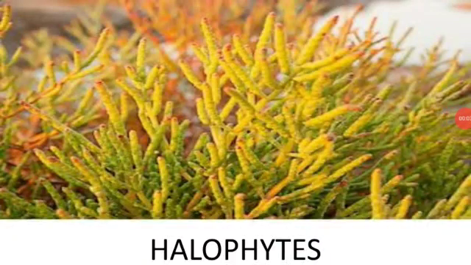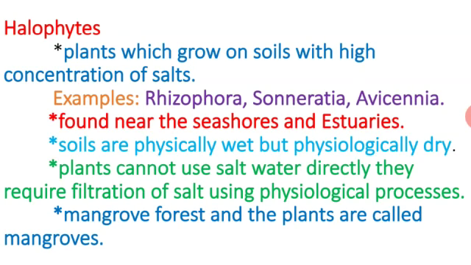Good morning, children. Today, next we are going to see about halophytes, after epiphytic plants. Already we know some examples of halophytes that we learnt in the 11th standard. That is Avicennia, which is a breathing root plant. It is found in high salt conditions, with high salt concentration. It is named as halophyte.